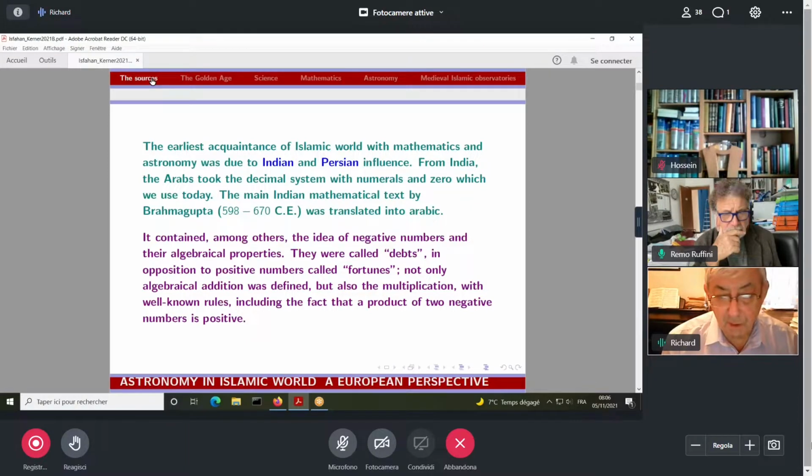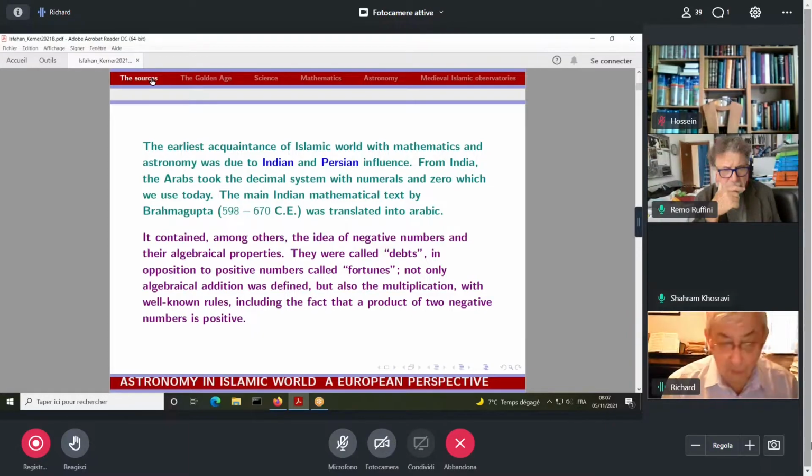They were called debts, in opposition to positive numbers called fortunes. Not only algebraical addition was defined, but also multiplication with well-known rules, including the fact that the product of two negative numbers is positive. And all this, of course, was